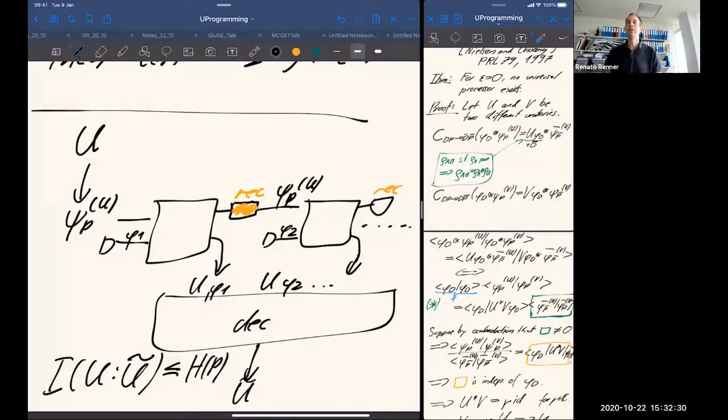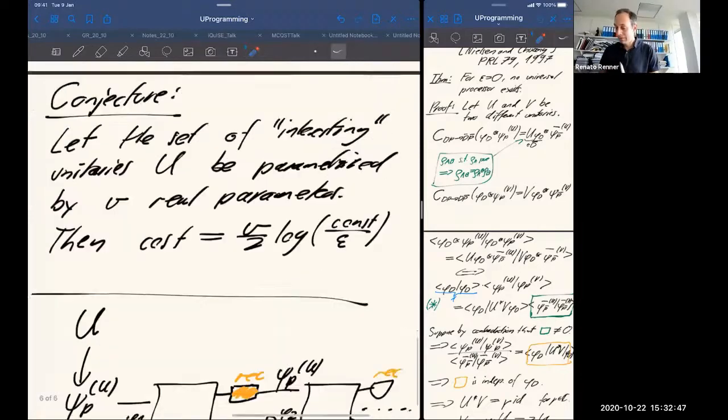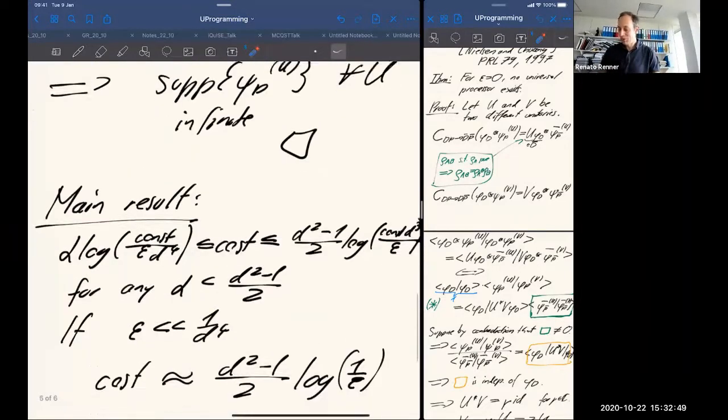So that's roughly the way we proceed for the lower bound. For the upper bound, we just construct an explicit scheme. We essentially give an explicit method for how you prepare this psi and how you run the processor. So it's essentially a constructive tool. And the surprising thing is that these two quite different things